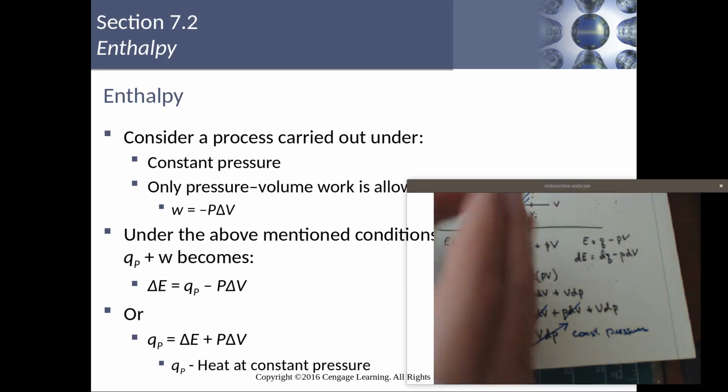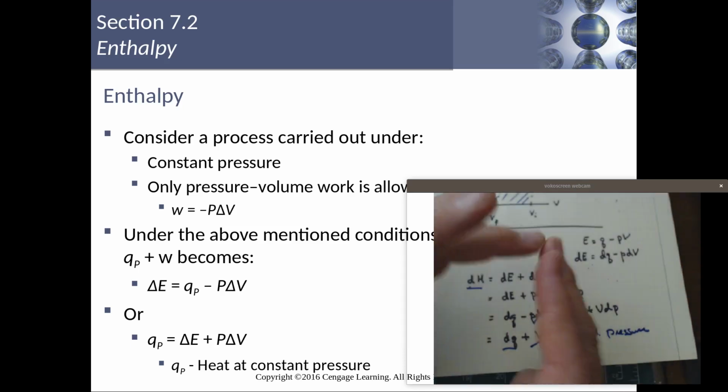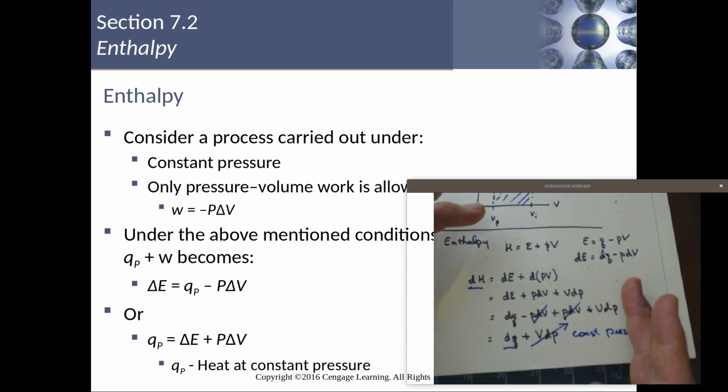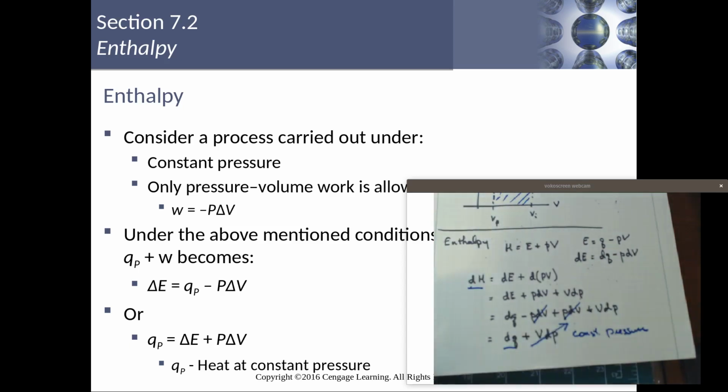Whenever you have a thermodynamic system, you have to create a space in the environment for the system. So you have to create a space at constant pressure in the environment for the actual system, and the enthalpy refers to that. And again, most of the time, when we're doing a chemical reaction, we're doing something under constant pressure conditions. Only pressure volume work is then allowed, P delta V,